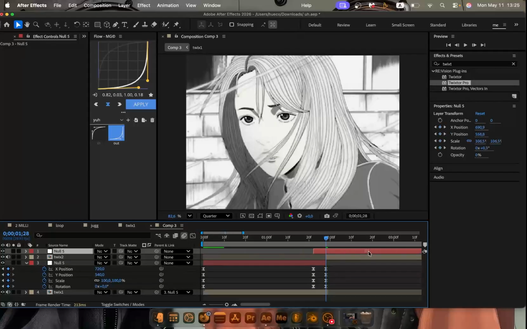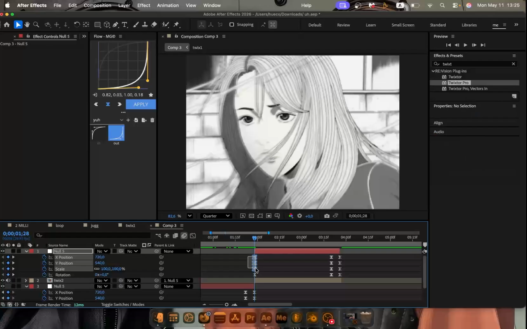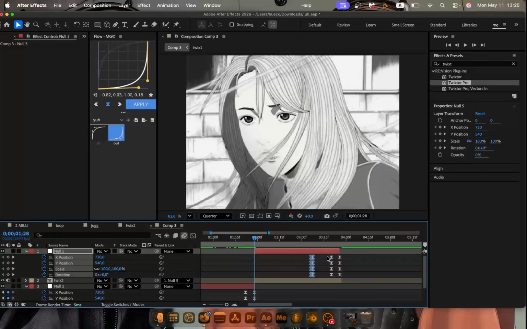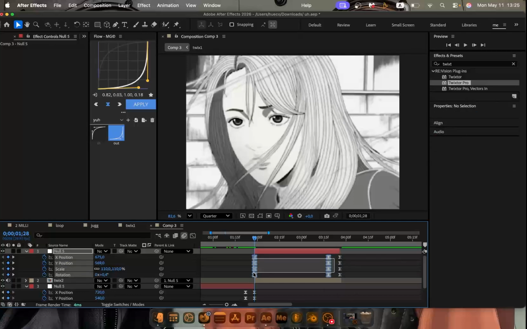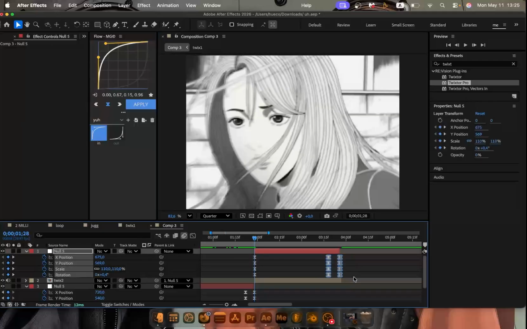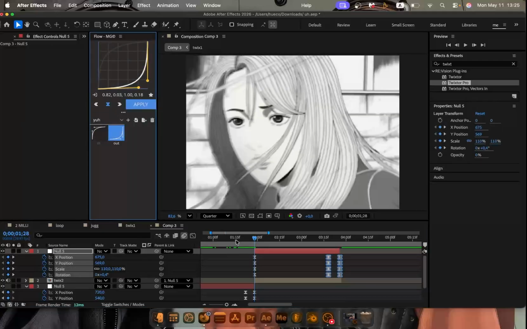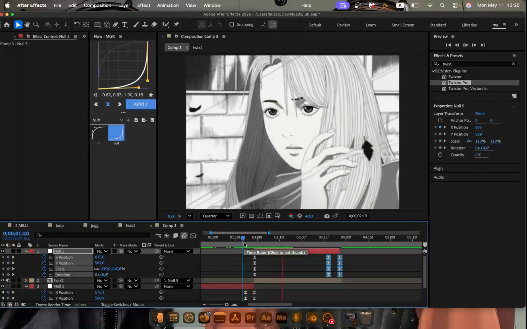So I'll copy the null object, I'll parent it, and make sure that when I parent it, everything is at neutral. Then I'll take the neutral position, swap it with whatever I had here, and then I'll just redo my graphs. I'll select those, ease them in, and then select the last two and ease them out, and that's just to create a kind of smooth transition. And that's how I do my